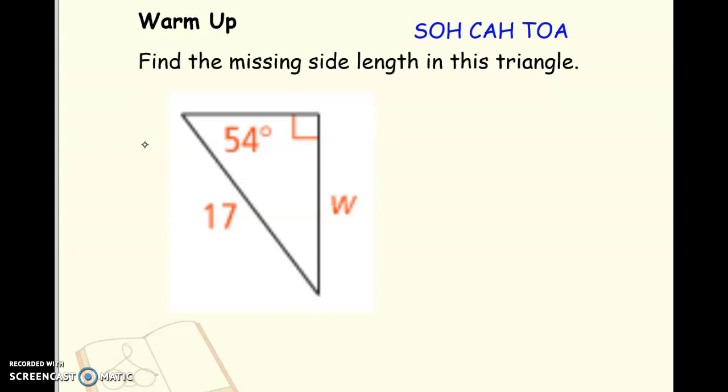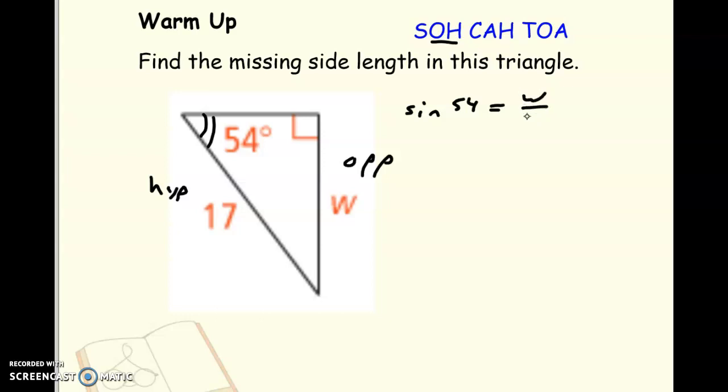Alright, so here we go. If we're missing a side, I always label them first. So here's my angle, and then this W represents the side, or the leg, opposite that angle. And then 17, you could argue is adjacent. It is adjacent, but it's the long one. So it's not the adjacent side, it's actually the hypotenuse. So opposite over hypotenuse would be sine. So the setup is the sine of a 54-degree angle has to equal our ratio of opposite to hypotenuse, which